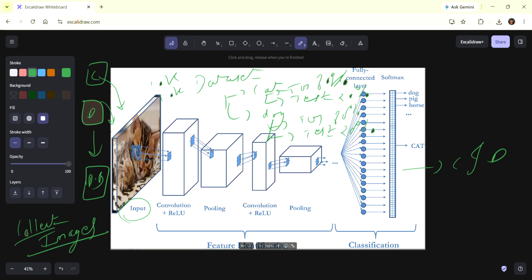80 and 20. We are splitting the data because out of this 10K data, we will use 8K for training. Whatever the machine understands from this 8K data, we check the same outcomes with the remaining 2K data. If it is good, later on we can go with any random data like tiger, lion, fox, which is similar to this input data. So this is the scenario in the input data, guys.